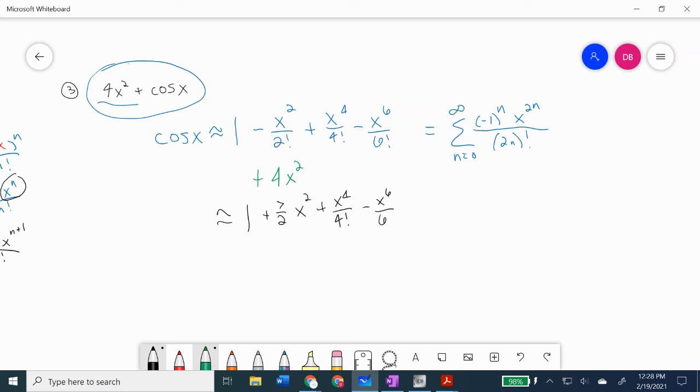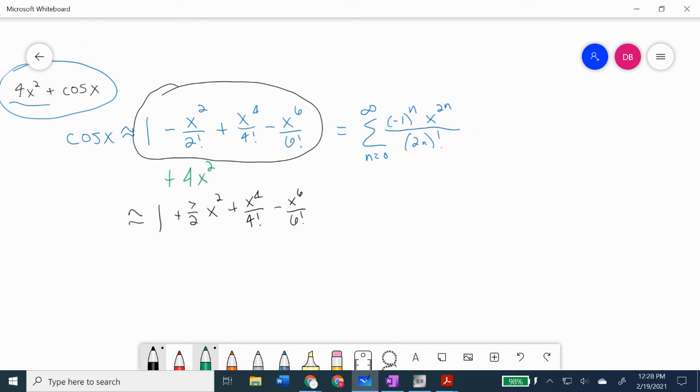But then comes the next question. How do you deal with the sigma notation? Anytime you have to do addition or subtraction of things in your power series, you're most likely going to be better off if you work with the first few terms, even if you're supposed to work with sigma. See what changes. And then when you go to sigma,